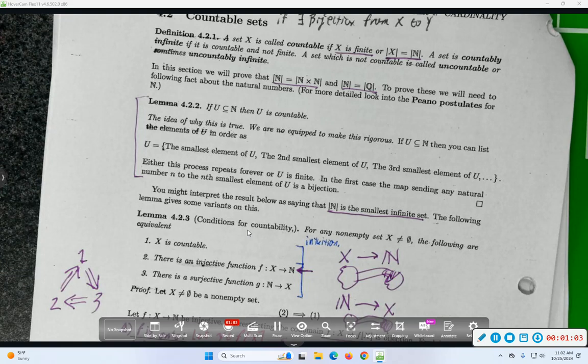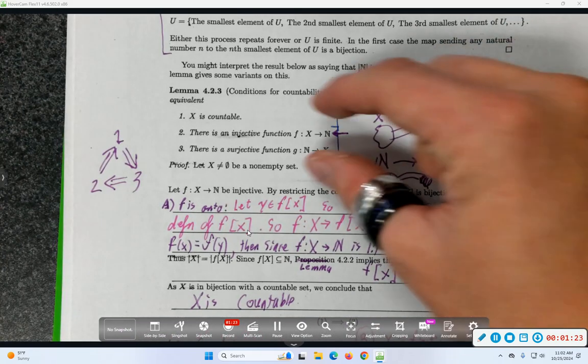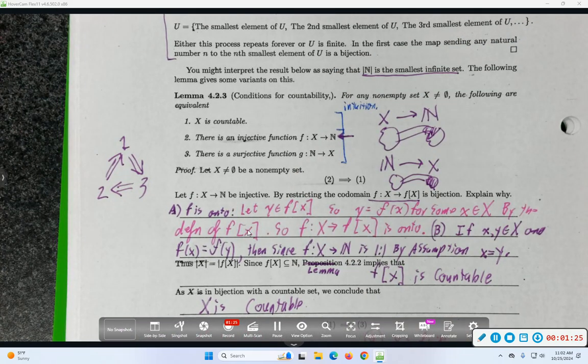If we want to prove that the real numbers are uncountable, that's not satisfying and not useful. So that's not enough. We need to keep on unraveling what countability means. And instead of using the definition, let's appeal to these conditions. Those conditions are all equivalent, right? So if we want to prove that the real numbers are not countable, we can prove that any of those conditions fit.